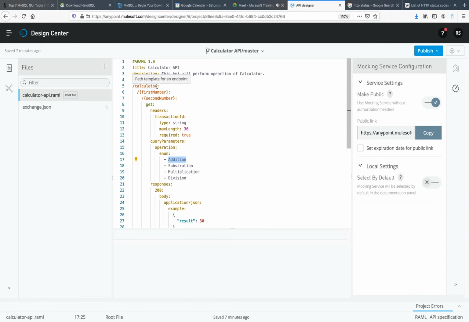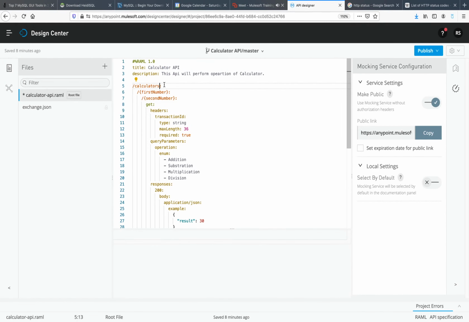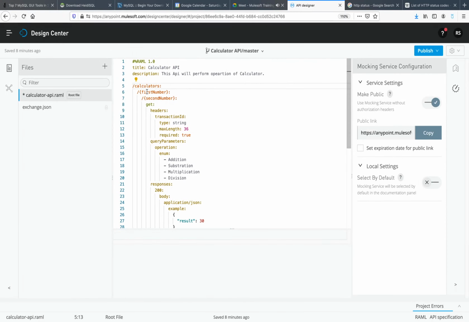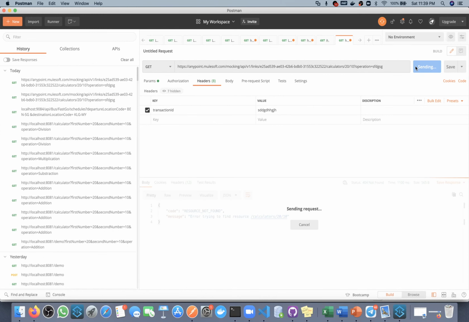Okay, it's okay, I missed something here. Actually it should be calculators, since I used calculators here. If I want to run this, then I need to pass calculator here, but it should be calculator. So I will replace this, save this and run this again. Okay, so this time we are able to call this API, but we are getting bad request.